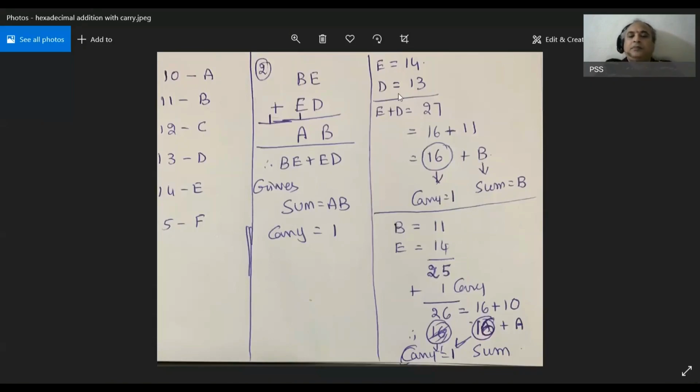Hence, when you add the two numbers BE and ED, you will have the sum as AB and carry as 1. So we have taken this example and we will now proceed to the actual program.